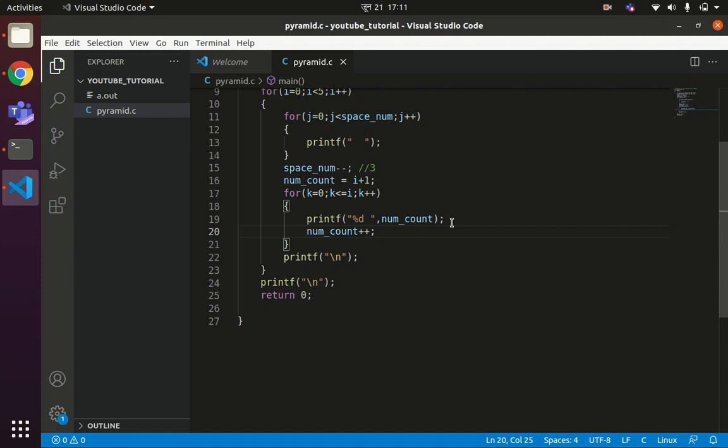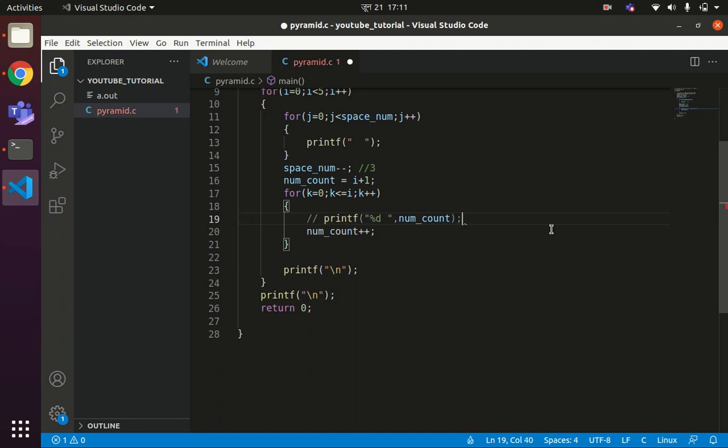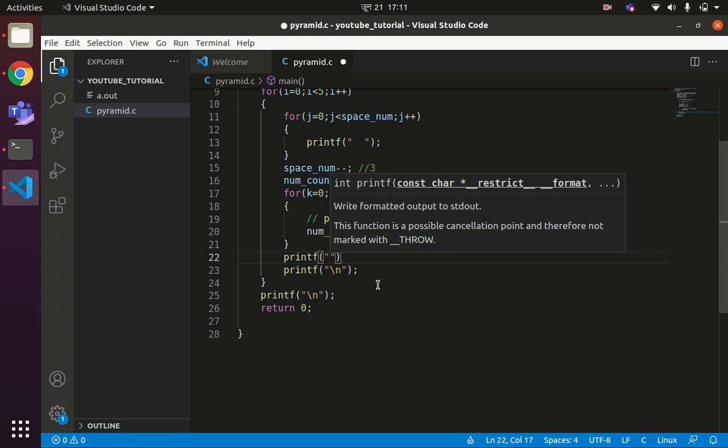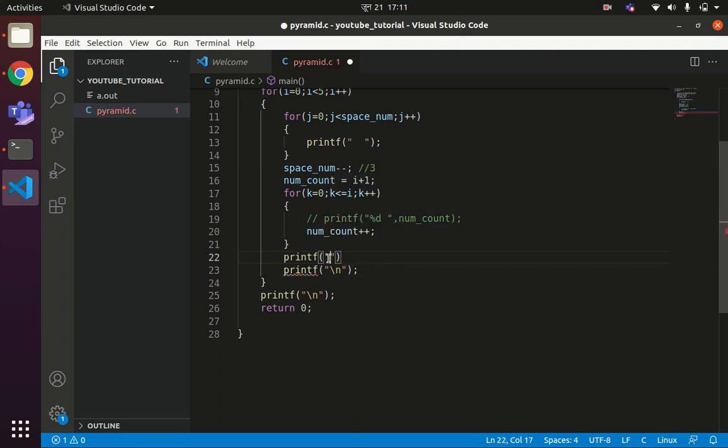Before printing it, let us see what value num count contains, the final value it contains every time. For that, instead of printing this, just for debugging, I will comment it out and print the final value of num count: printf %d, num count.